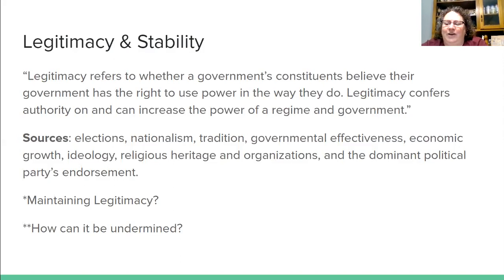Economic growth. I don't know how well you remember the recession when you were younger, but man, people had a lot of thoughts on the government at that point. When the economy is not doing well, people have a lot of thoughts about the government, and they're not very happy thoughts. And when the economy is doing well, maybe our trust in the government increases. Think about this. When you're thinking about legitimacy, you can sometimes equate it to trust in the government. For example, when we talk about the decline in trust in American government, like Vietnam, how did that decline the trust that we had in the government?